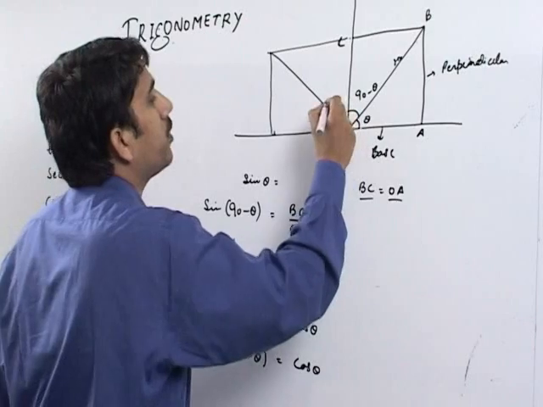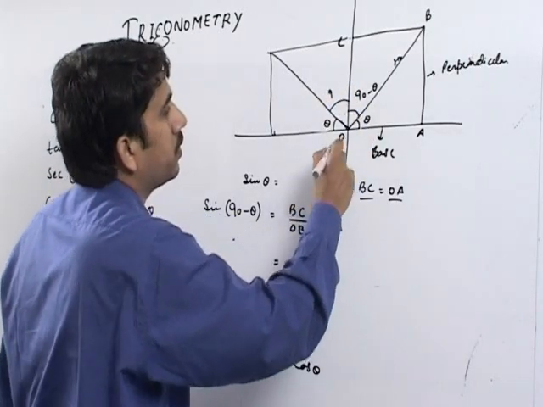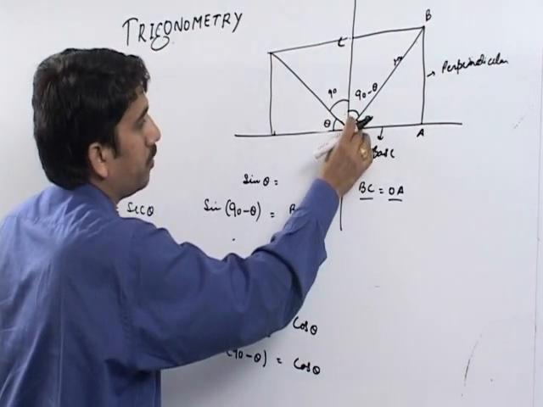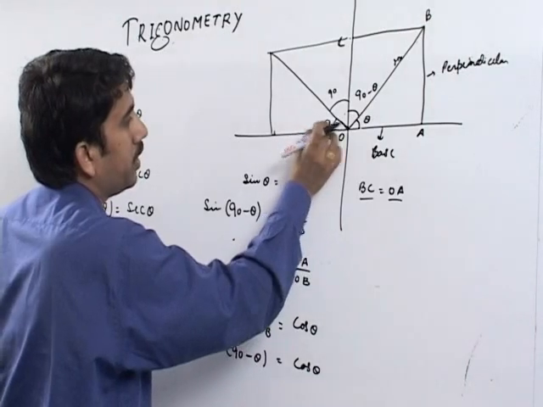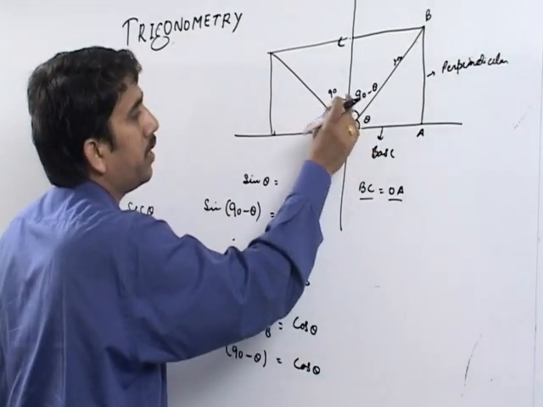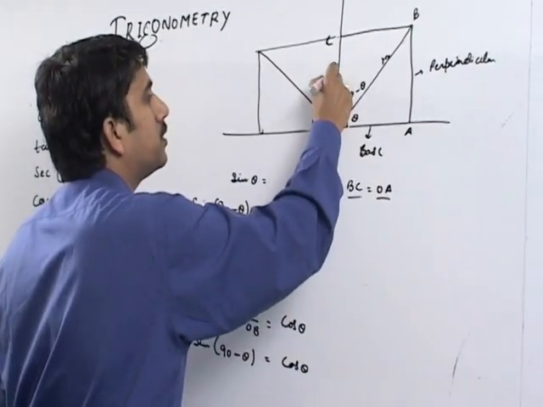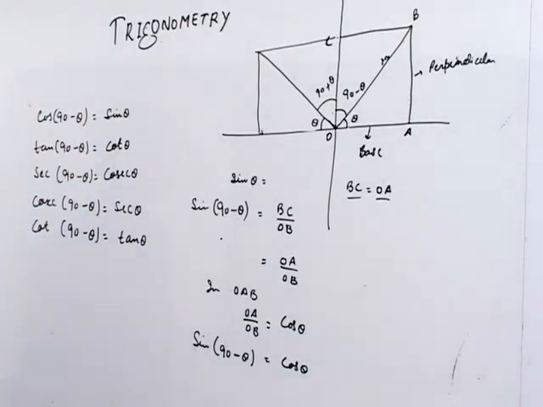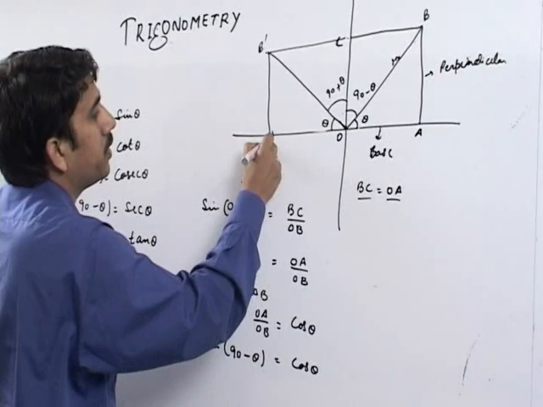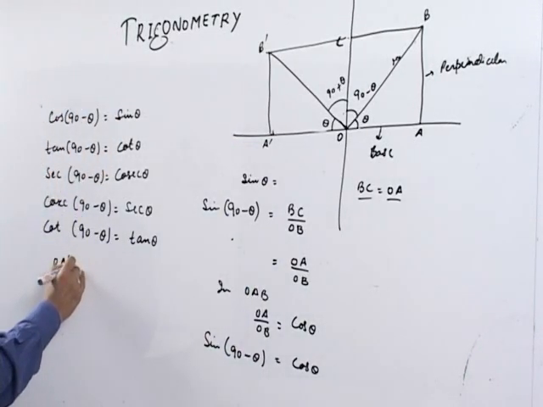If this is theta and this is theta, then this will become 2 theta, and this becomes 90. Therefore, this will become 90 plus theta. And here let this be B dash, A dash. Then in triangle OA dash B dash,